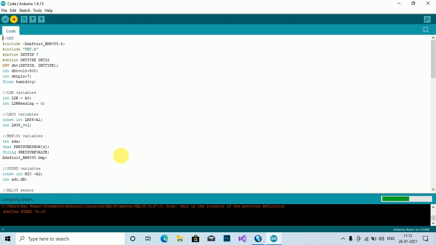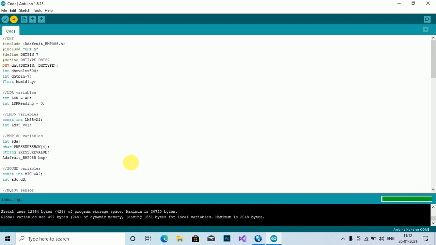Now my Arduino code is compiling. As you see, now the code is successfully uploaded to the Arduino.